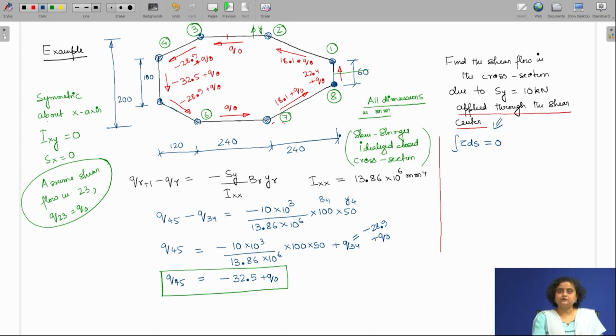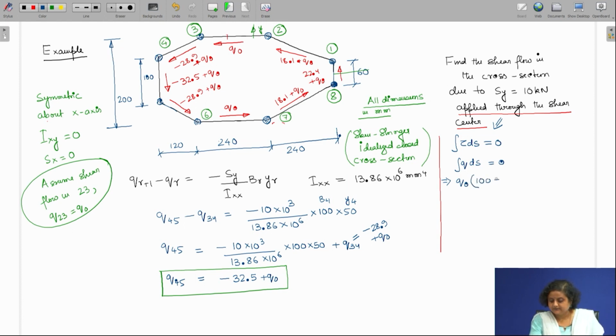Now since the cross section has a uniform thickness, this can also be written as the integral of Q ds is equal to 0. Now if we have to find out this Q0, we have to take the summation over the entire cross section. So this is going to give us Q0